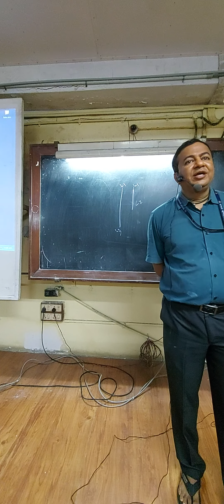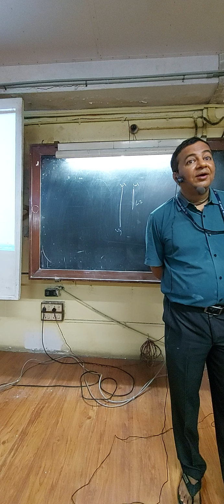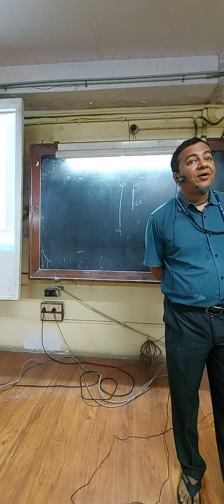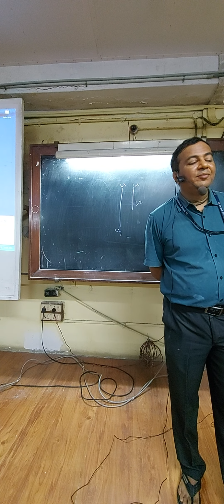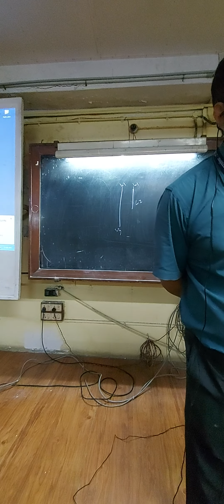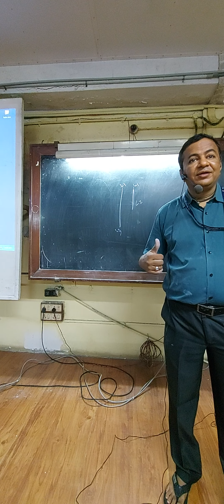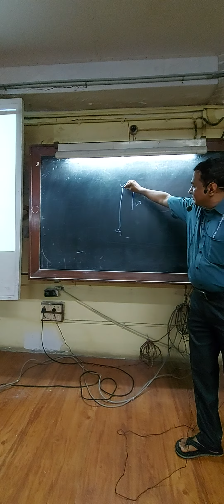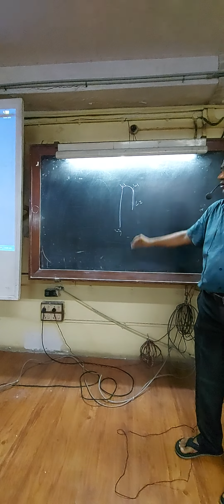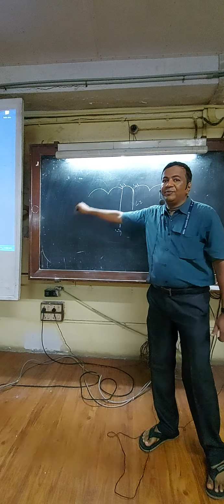What are the median arcuate ligament and the lateral arcuate ligament? Anybody? They are also sites of origin of the diaphragm, apart from the sternal head, costal head, and the crura of the diaphragm. These two crura here are connected by the median arcuate ligament, and by the side of it are the medial arcuate ligament and the lateral arcuate ligament. Okay? So with that we stop. Thank you.